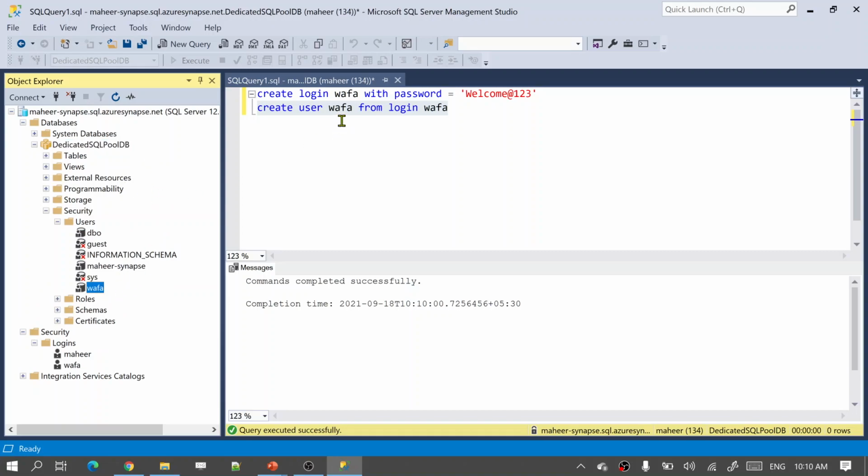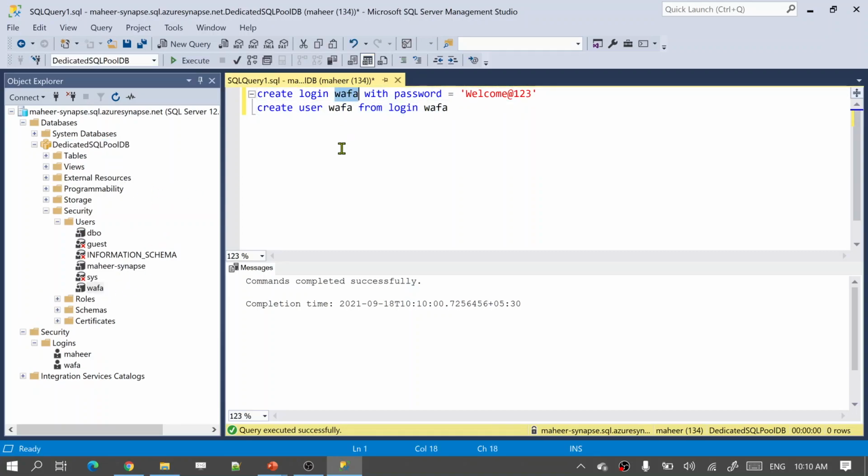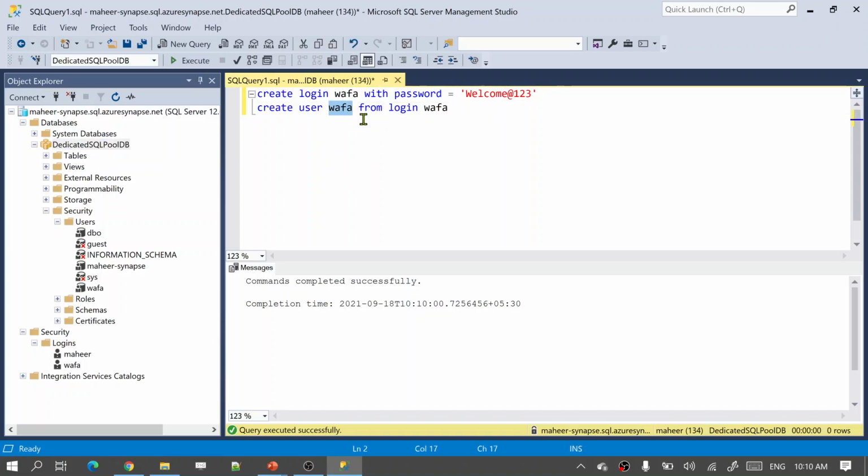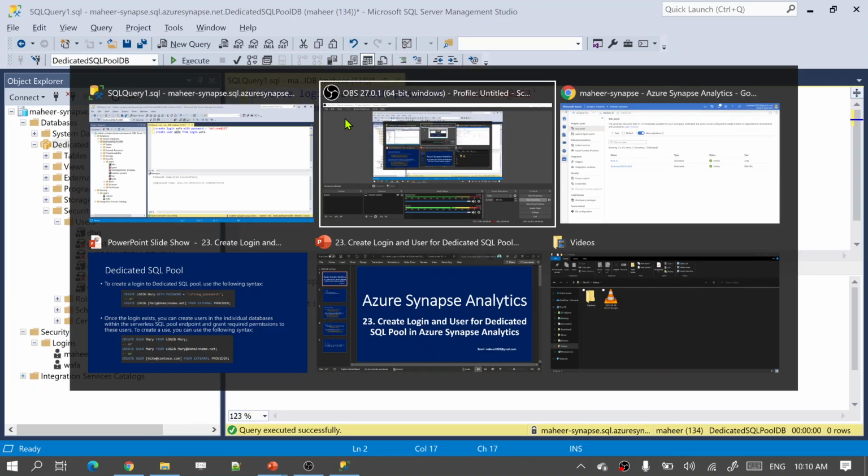So that means with this username and this login, I can enter into the server and then enter into this database as well. But once you enter into the database, if you want to do any kind of work, you need certain permissions. Sometimes you can limit a user to access only tables, or only views, or only certain views. Like that, you can control whatever roles and permissions you want, and assign them from here on top of this username.